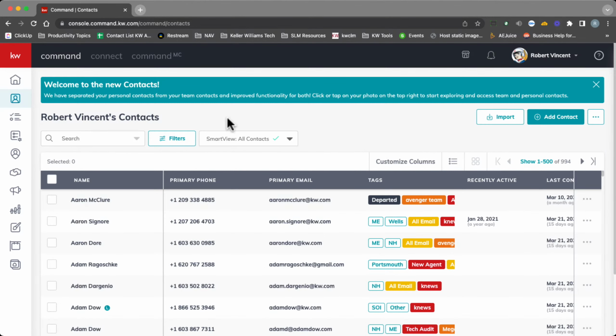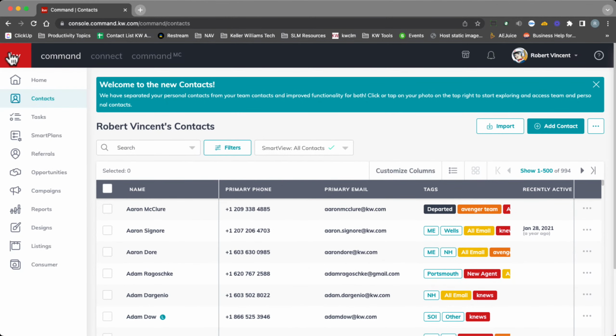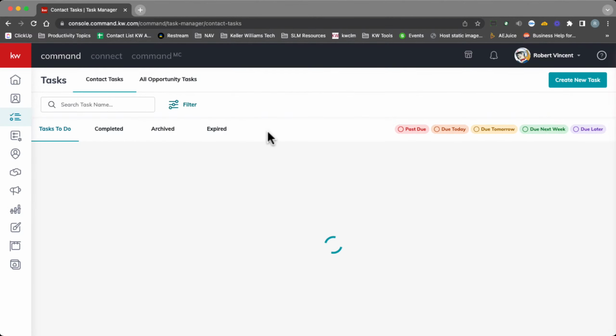Okay. All right, so let's go back up here. I'm going to click that red button again, and we're going to go down a little bit further. By the way, we'll come back and talk about contacts in a little bit. Tasks is an area where you can manage your daily tasks or any of the tasks that you have coming up. You can create tasks in here, or you can just mark them as done and check them off and move on. When it finally loads up here, you're going to see that there are actually two major areas of tasks: